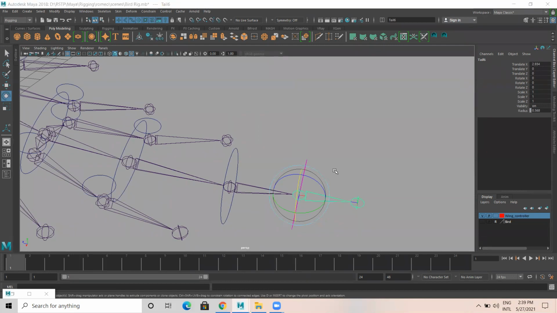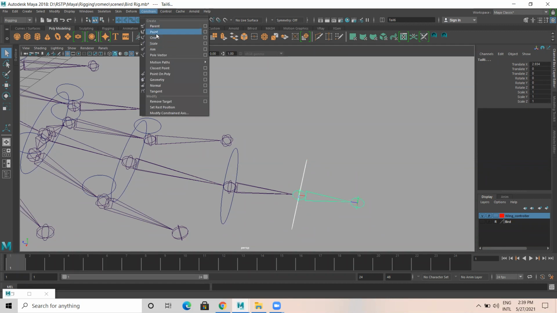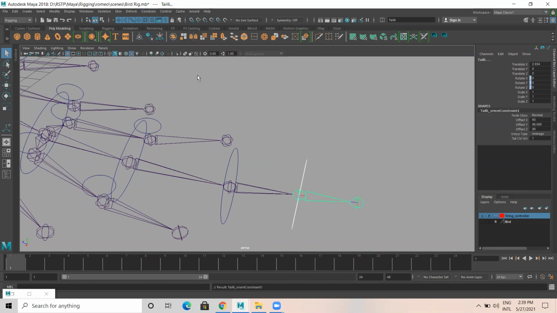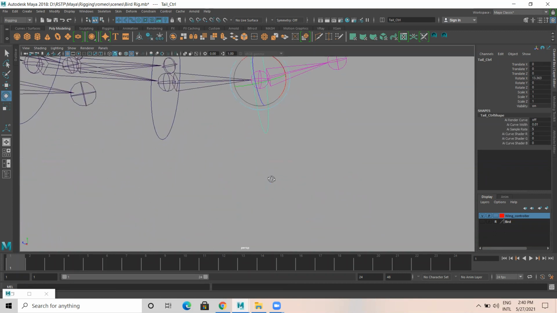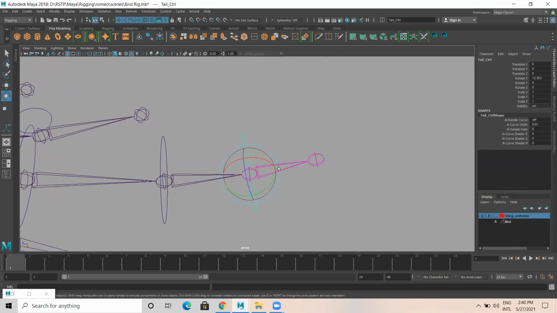Okay, I'm going to repeat the process. Select the curve and the joint, constraint, orient. Yeah, it's working now. So what you have to do is select the curve first, then the joint, so it will rotate.